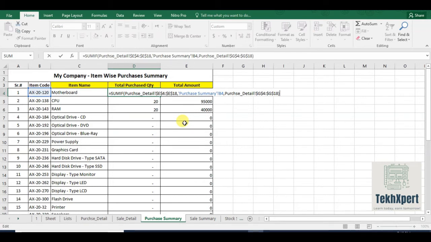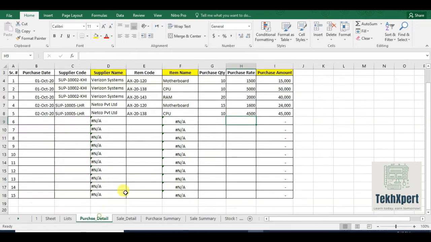So how to avoid this? To avoid this, you need to define the range and give a unique name to your range. Suppose this is purchase item codes, so I want to apply a name to this entire column, like item code underscore purchase.